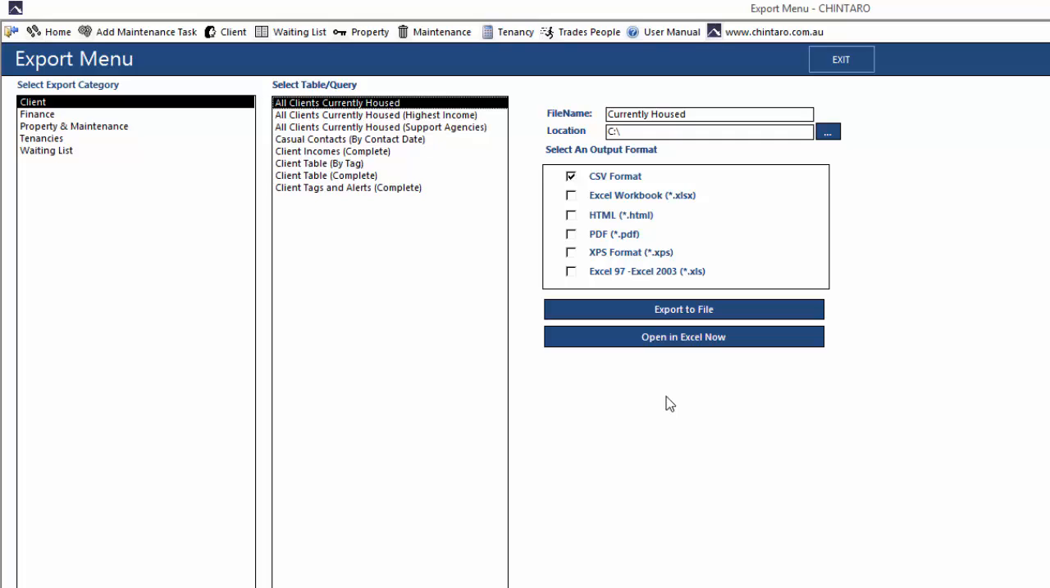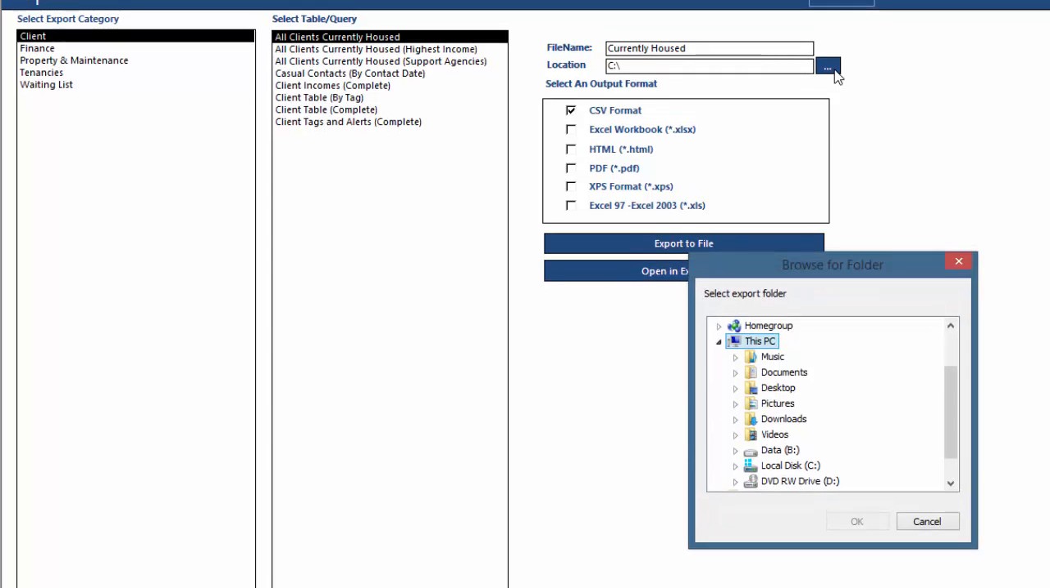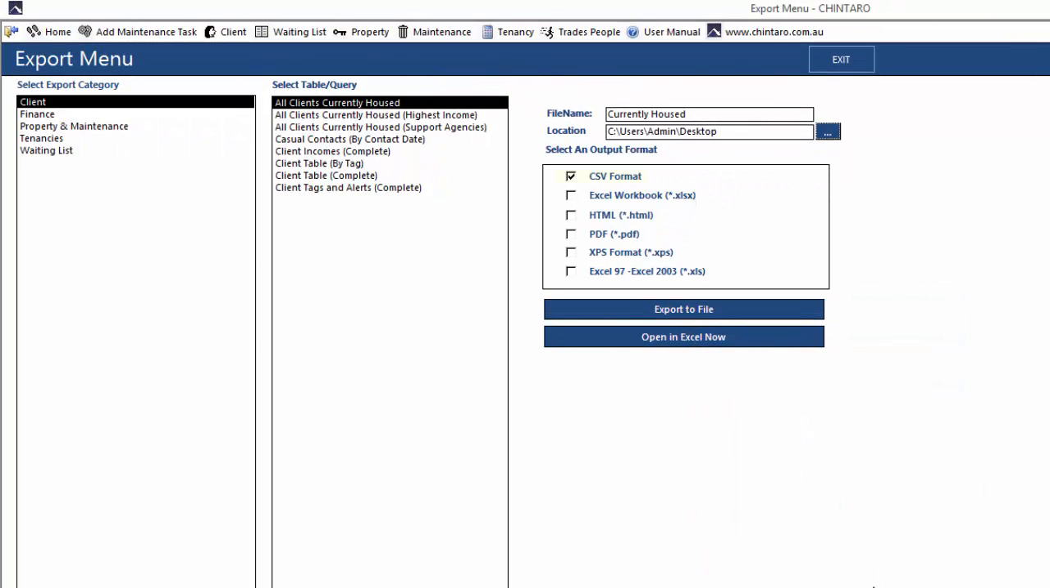File name is what the file is going to be called, and location is where I'm going to save it. So we can click the button with the three dots and choose the file destination. So I'll save this to my desktop. We can leave this default as CSV format, and all versions of Excel will take this format. So we click on the Export button,